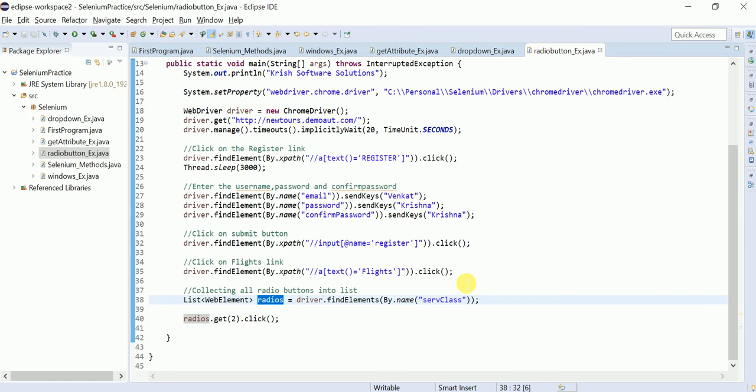So what are all the different things we learned here? Implicit wait, I can increase the time so that it applies to all the elements, and send keys to enter the data, which you already know. And list: I have used find elements here. Find elements will return multiple elements to us, which we are storing into radios. For selecting the item, in the radios you are getting the third item and clicking on that. That's it. That's all for this video. Like this, you can work with the radio buttons.